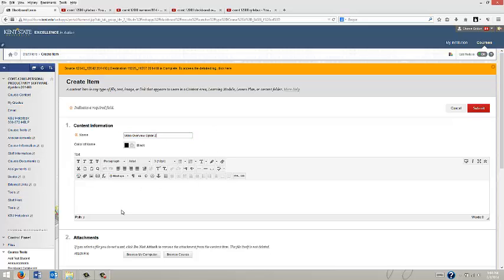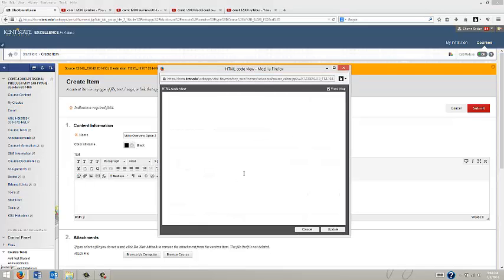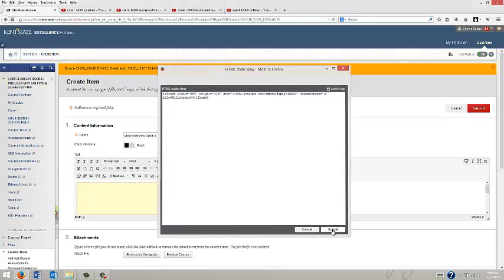And then what we need to do is down here in this area, we need to click on this HTML button. You may not have that HTML button. In this version of Blackboard, if you click on this arrow, it brings down and closes or collapses more options. So click under HTML code view, and this window pops up, and I'm going to paste that code. Again, I don't need to know anything what that code does. I just copied it from the YouTube embed, hit update,